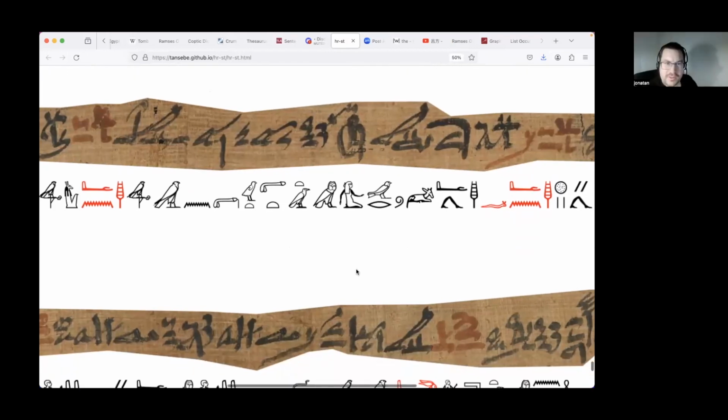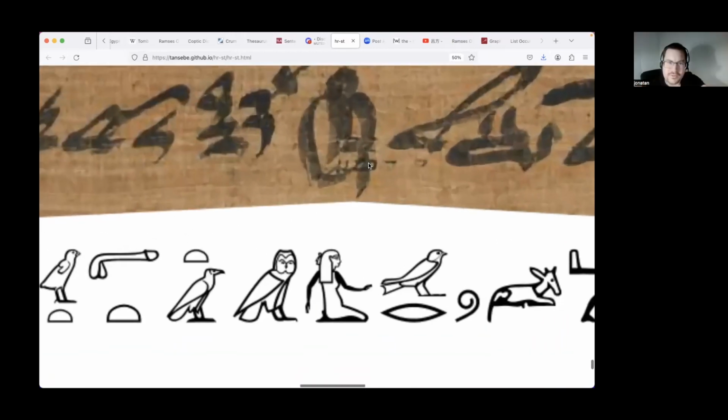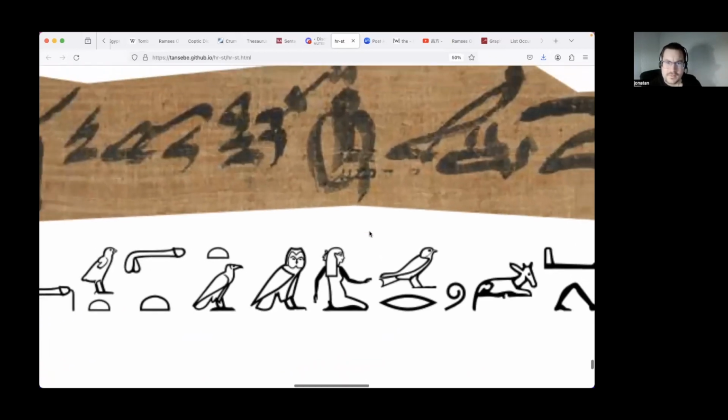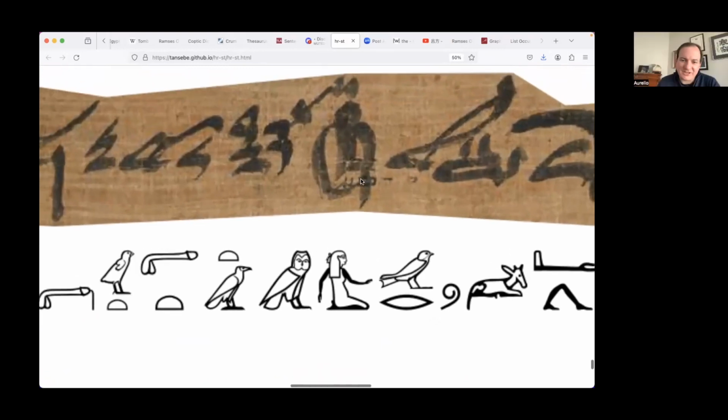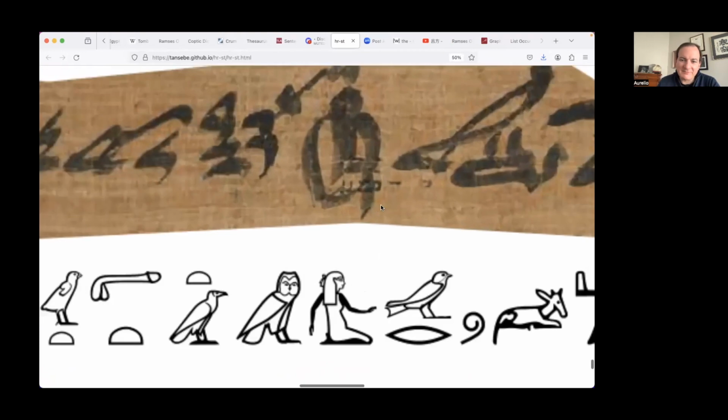Is it a watermark beneath the glyph, or is it something else? Is it a what beneath the glyph? The writing there. No, I think that almost looks like a birthing stool, just simplified. That's cool. The three vertical strokes there, I think this is just a break in the papyrus, to be honest. I had the same thought for a moment, like, did somebody scribble on it? It's just so much smaller when you think about it. This here is the normal height of a sign, and this is not even a tenth of it. I would say these are just breaks in the papyrus.